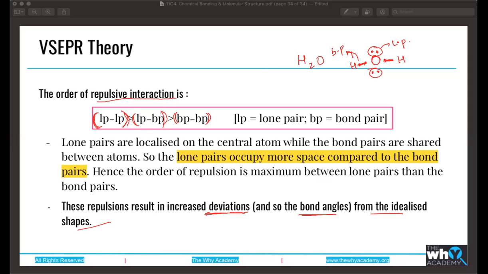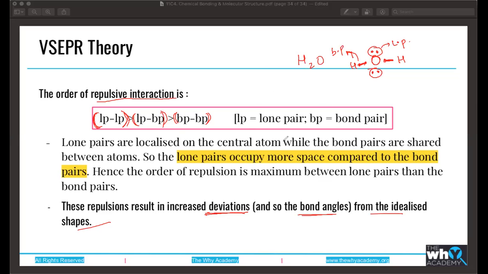So the bond angles that are formed, would you say it's because of lone pairs or because of the bond pairs, like lone pair interaction or bond pair interaction? It depends on whatever is existing there. Okay, not solely because of the lone pair or the bond pair, it's because of the repulsive interactions